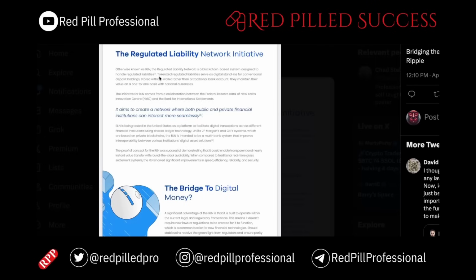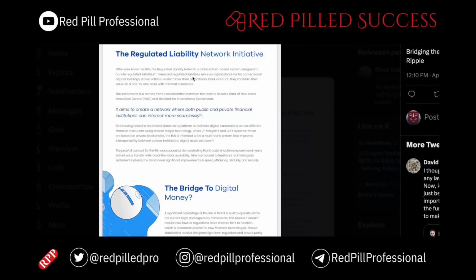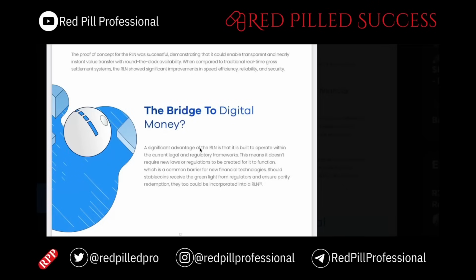They have multiple applications out there where they are tokenizing real world assets of all types. They are partnering with and acquiring companies concentrating on custody, and they are also working with the New York Fed and tokenizing bank deposits. A significant advantage of the RLN is that it is built to operate within the current legal and regulatory frameworks, which means it does not require new laws or regulations to be created for it to